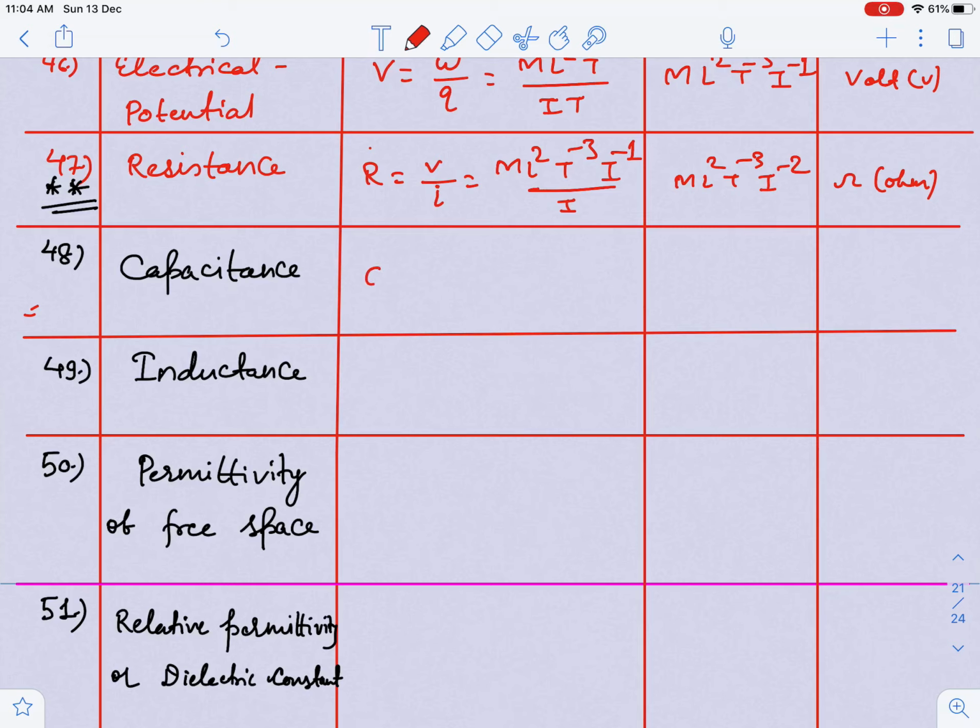Capacitance: Q is equal to CV. You have to keep in mind this whenever you have to define capacitance. Now guys, C can be written as Q by V. Q is I into T and V is ML²T⁻³I⁻². So I can write it like that, M to the power minus 1, because M goes up, becomes M to the power minus 1, L to the power minus 2, L goes up, so L to the power minus 2, I to the power 1 and I to the power minus 2,